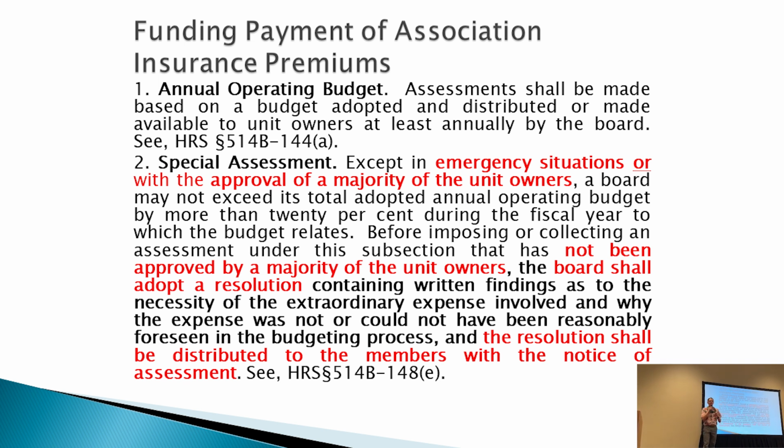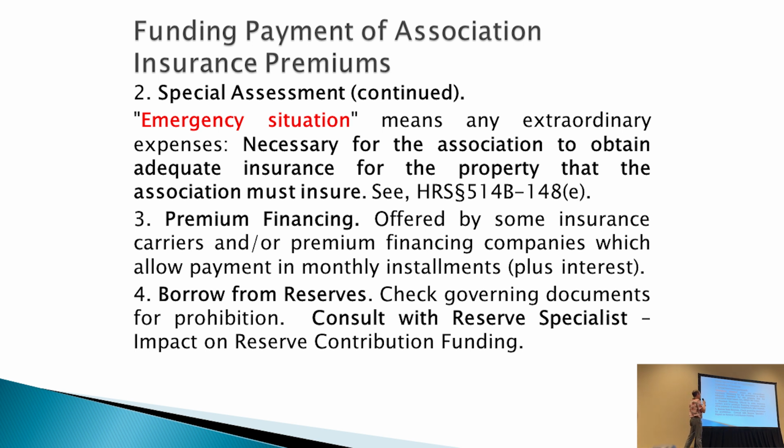Normally, for a 20% excess of the budget, you'd have to get owner approval. Owners would say, you can't raise our maintenance fees that much. But there are exceptions in the statute, thank God. And it says, except in an emergency situation, it has to be approved by unit owners. And an emergency situation is defined as, one of the definitions is, necessary for the association to obtain adequate insurance for the property that the